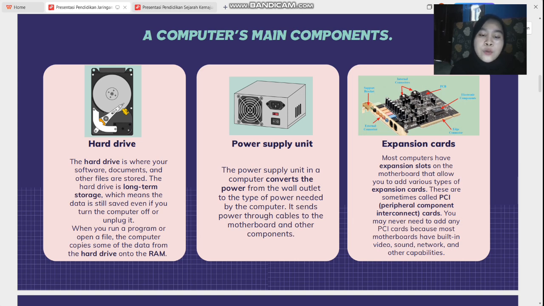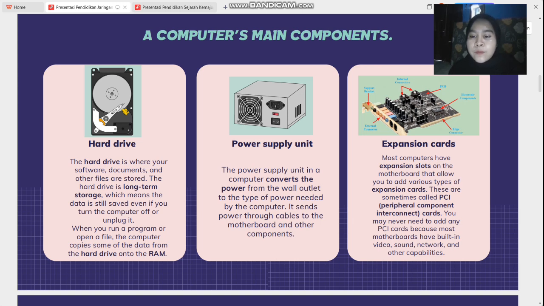Power supply unit. The power supply unit in a computer converts the power from the wall outlet to the type of power needed by the computer. It sends power through cables to the motherboard and other components. Expansion card.